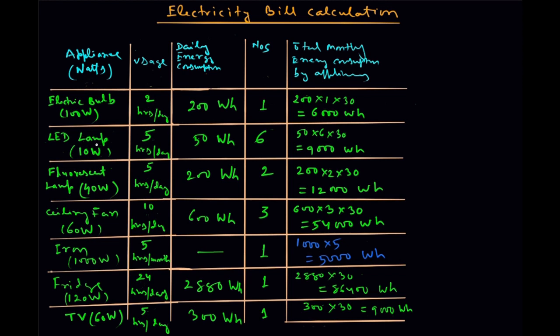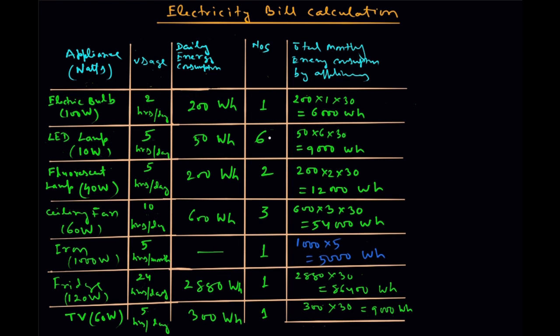Similarly, for this LED lamp, that is 10 watts, and these bulbs are on average used 5 hours each day. The energy consumption by this single bulb is 10 into 5, that is 50 watt hour in a day. Usually these days few people use these incandescent electric bulbs, and people are more using these LED lamps. It gives more light, and incandescent lamps give light as well as heat. That is not required. Some percentage of energy is converted to heat. That's why these bulbs are used less.